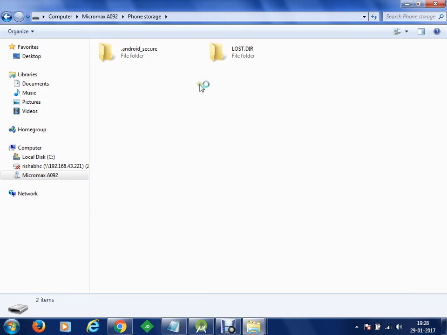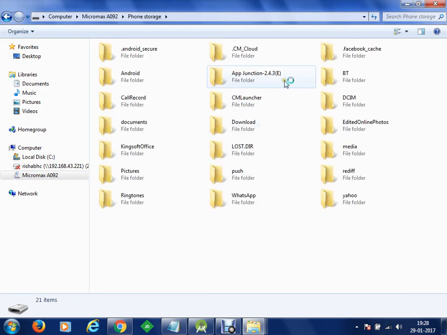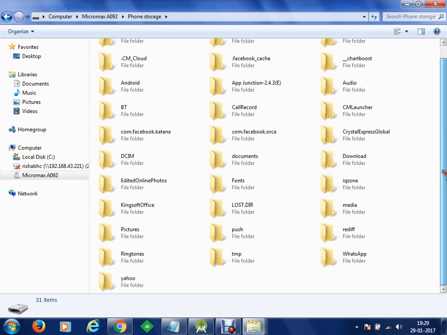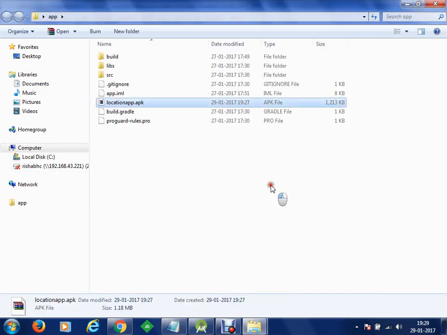Within the phone storage, we can put it in the download section, in the document section, or wherever you want to copy. If you want to put it directly onto the memory, you can simply copy it outside as well. So this is how you can copy your application from your computer to your mobile device, and then you can use your file explorer, search for the file, and test the file.